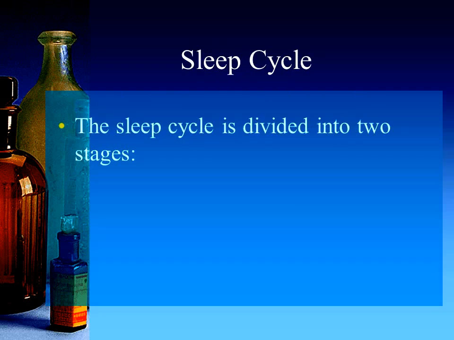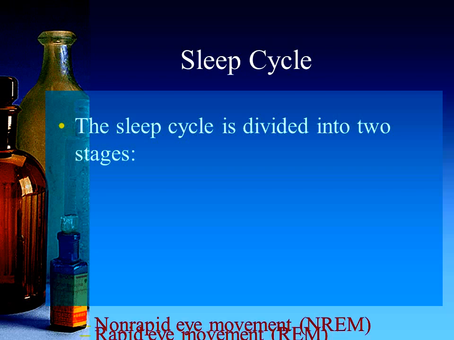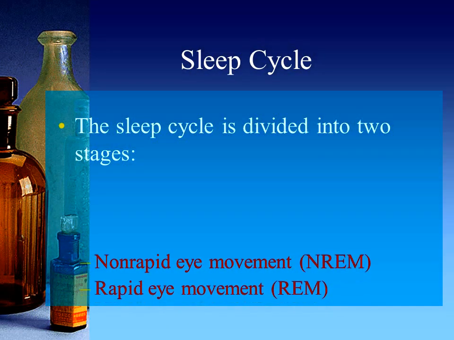So this group of medications is called the sedative and hypnotics. As a result, they directly affect the sleep cycle. So we have to spend a little bit of time making sure that everybody understands what goes on with our sleep cycle. The normal sleep cycle is really divided into 2 different states: the non-rapid eye movement state and the